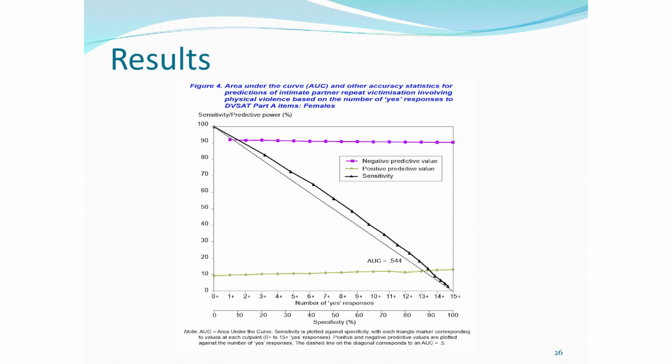That's the percentage of times you said this, but people you thought were going to be victims. As you can see, there's hardly any increase in your ability to identify victims as the number of yes answers to questions increases. If you look at the AUC, I told you that 0.5 was close to a guess. 0.544 is pretty close to a guess. So the reason you've got a high negative predictive value is simply because most people were judged not to be at serious risk and most people weren't at serious risk.